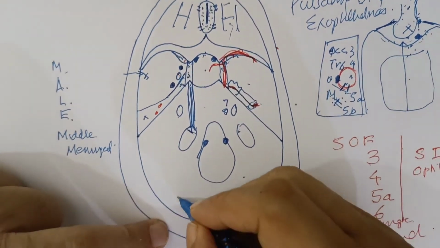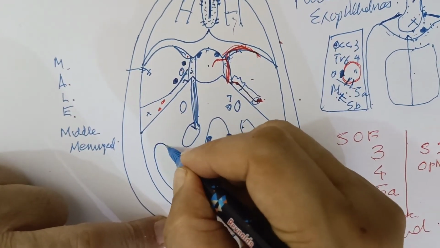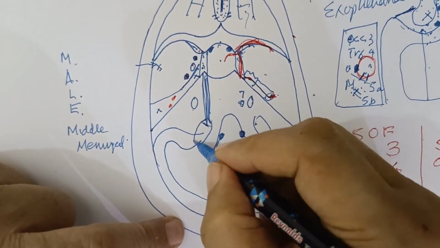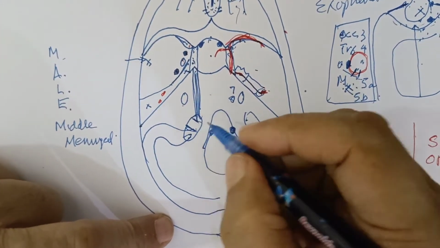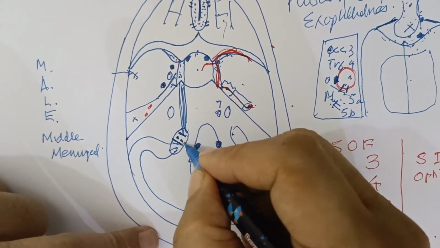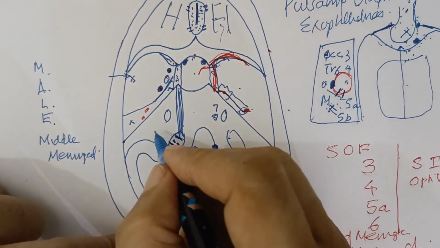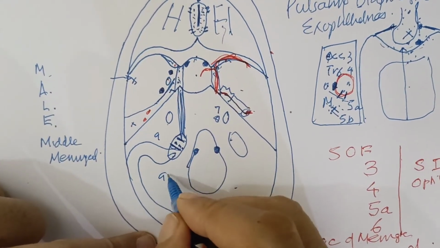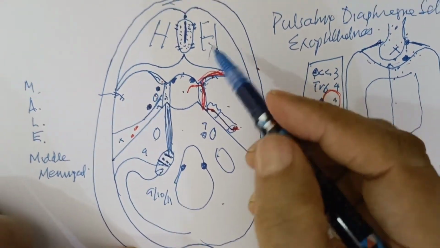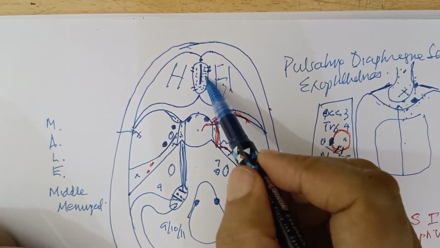And we have the transverse sinus becoming the sigmoid sinus, like this. And both form the internal jugular vein. In the middle part of the jugular foramen are the 9th, 10th and 11th nerves. 9th, 10th, 11th. So, first nerve, cribriform plate.